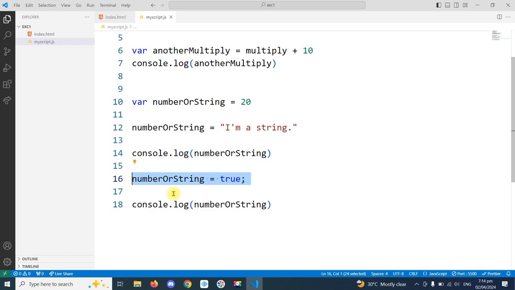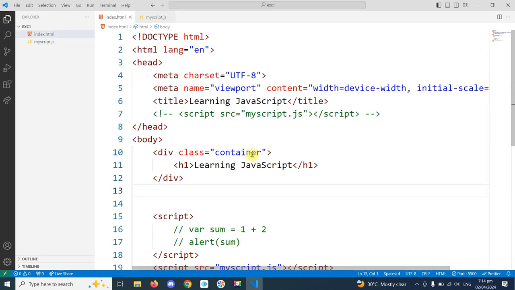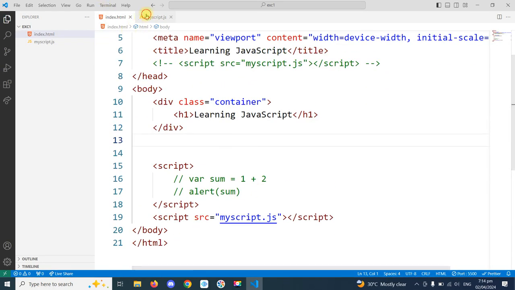Now when you declare a variable in JavaScript, take note that the variable you create in JavaScript is case sensitive. Okay, so now let me just, you see, if I do